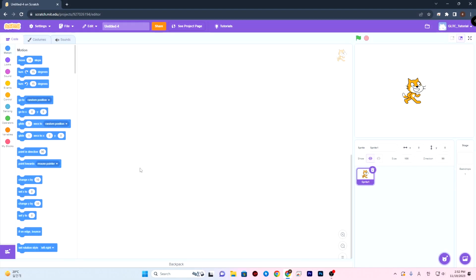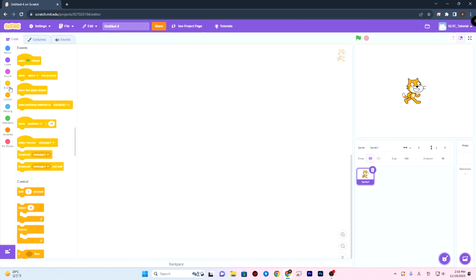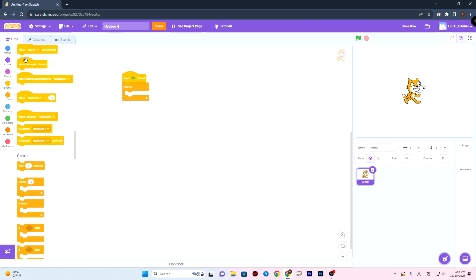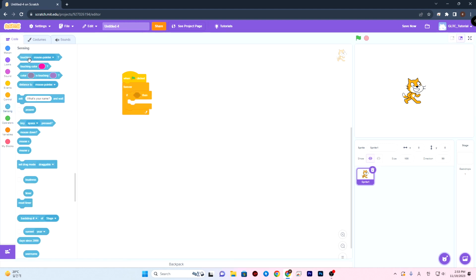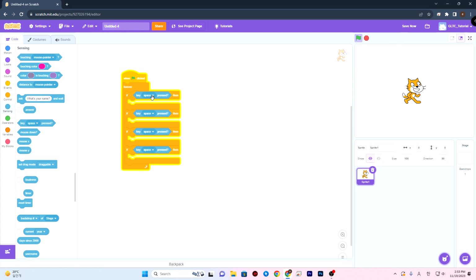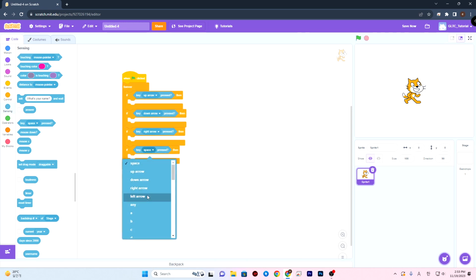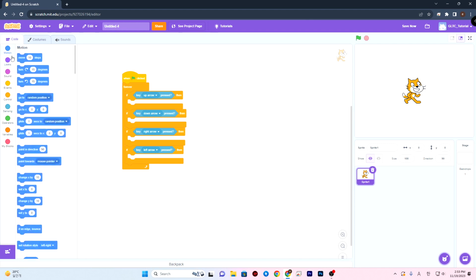In Scratch, if you want to know how to make a trail of the character, I will tell you how. Bring the Events tab here and bring the forever block. From Control, bring if-then, and from Sensing, pressing key. Duplicate this. In here we'll use up arrow, down arrow, right arrow, and then left arrow. Then, as we did before,